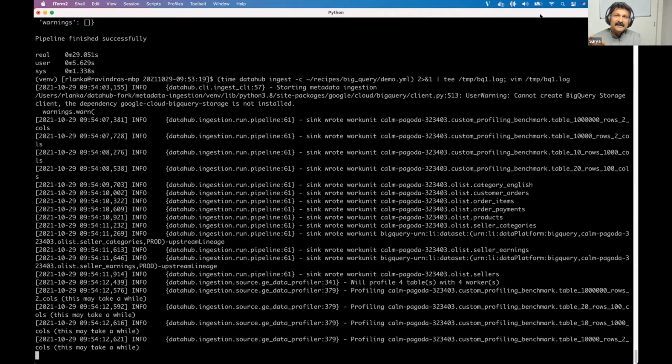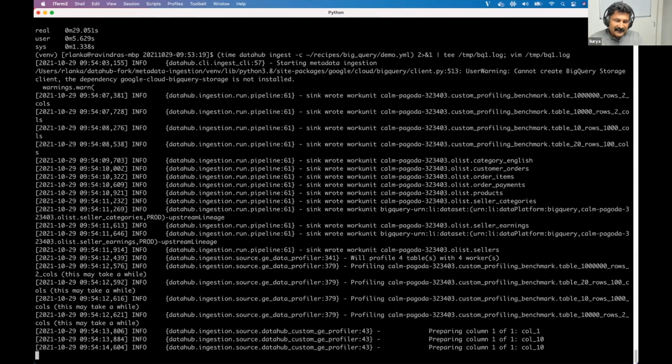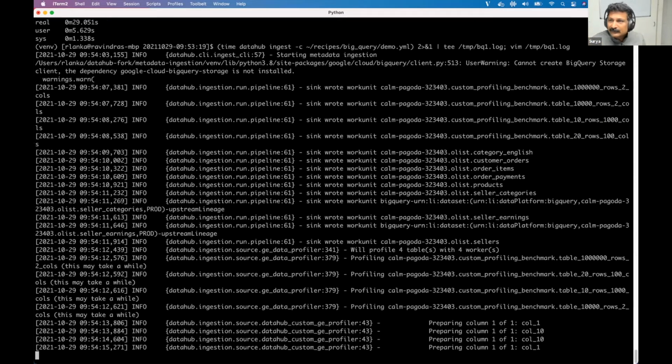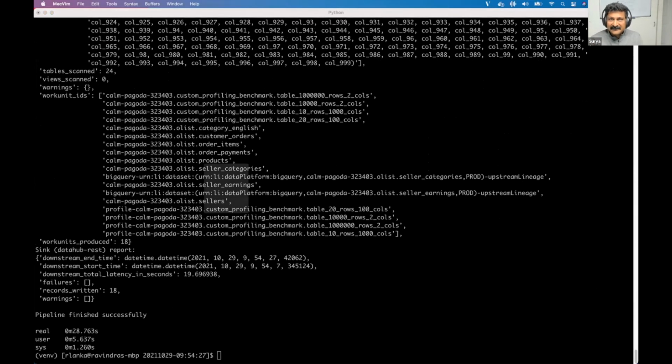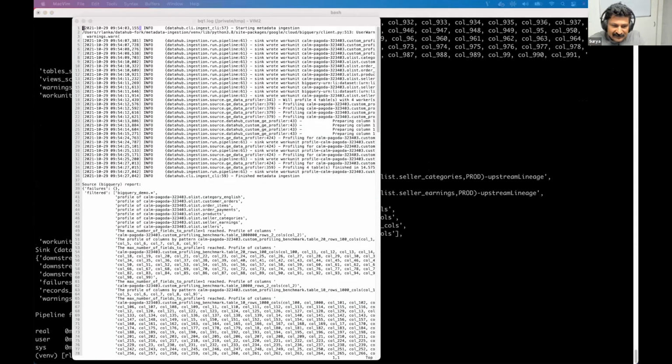Behind the scenes, it limits the total number of columns you will profile to 10. It also turns off all the things that were shown as E, expensive, like computation of sample values and computation of histogram. All of that gets turned off by default.